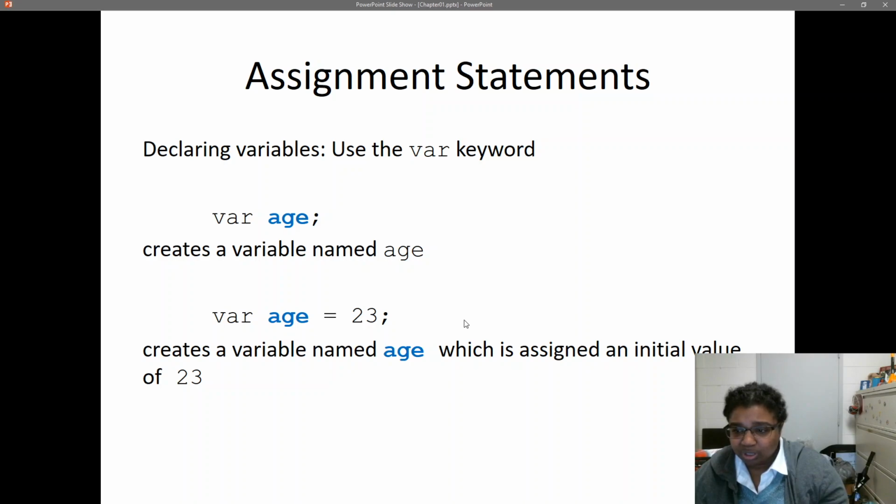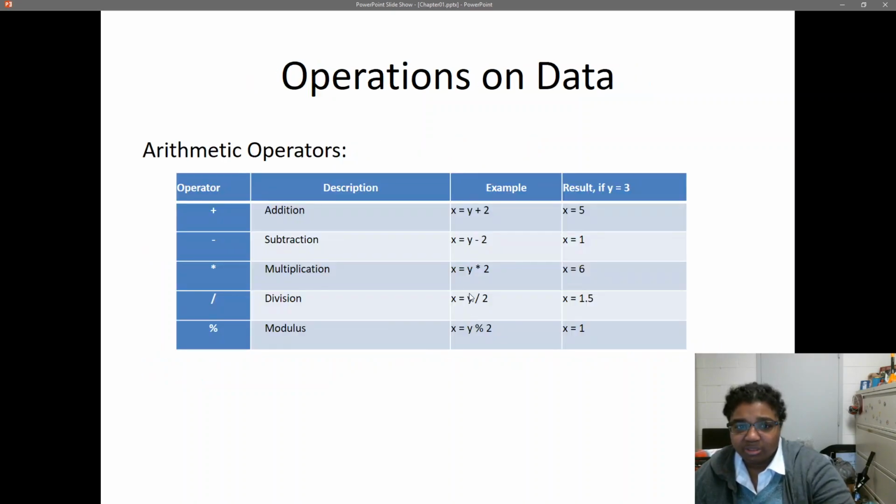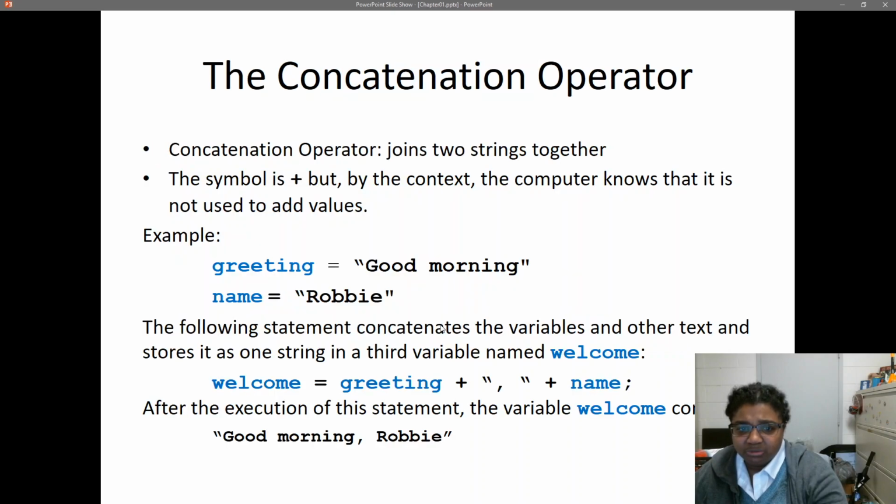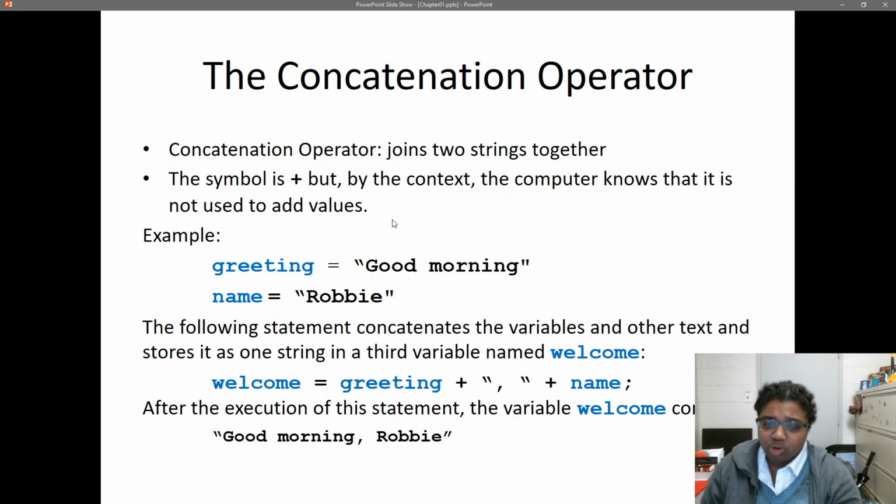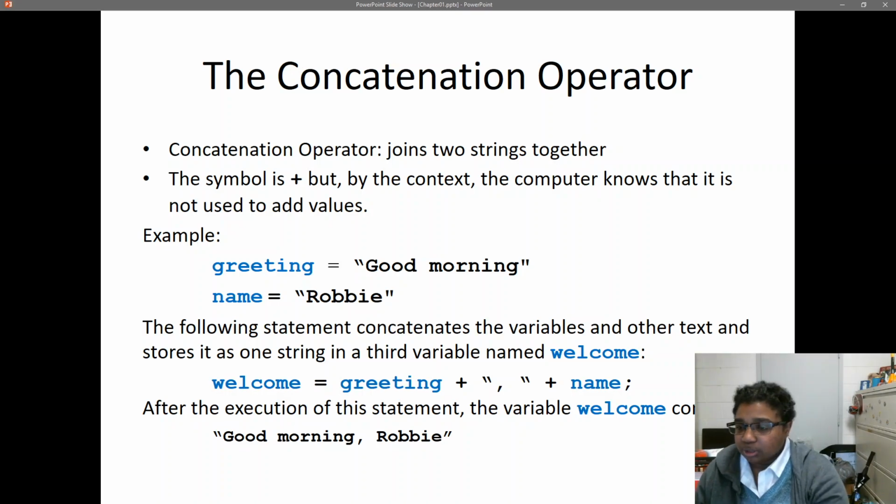Talking about the 23. All right, and here are the operators that we have. Should be very similar, or actually the same as Java. You've got your plus sign, minus, star or the asterisk. So all of these are for your arithmetic. Like I said, it should be the same as Java. Concatenation, yeah, and we played a little bit with that just now. We actually concatenated some stuff. But to concatenate with two strings, you basically put a plus sign in between them, and it'll